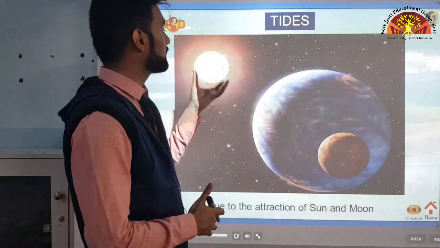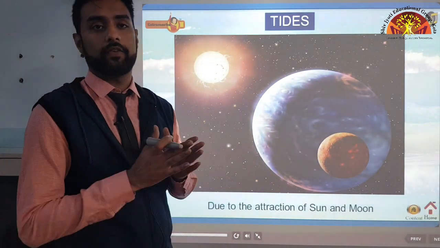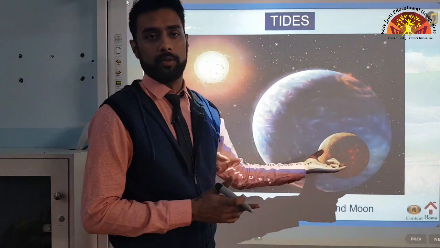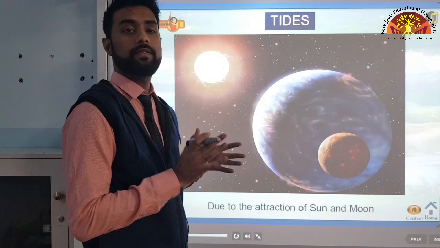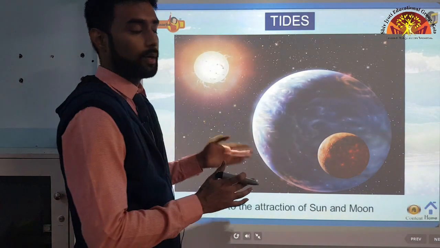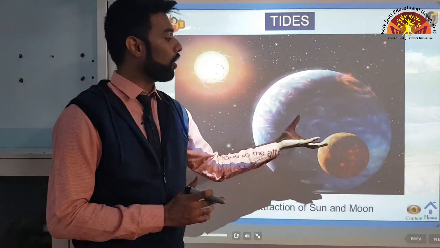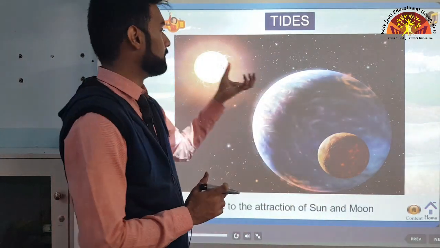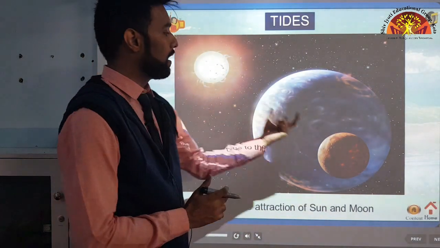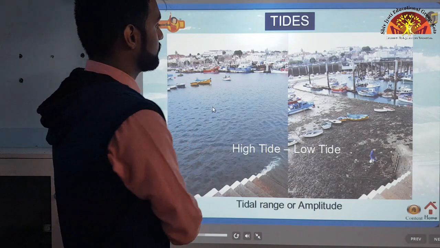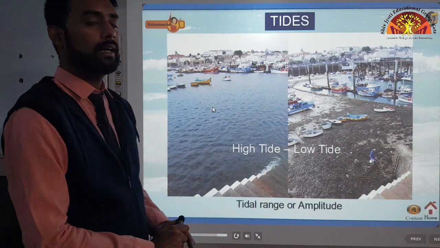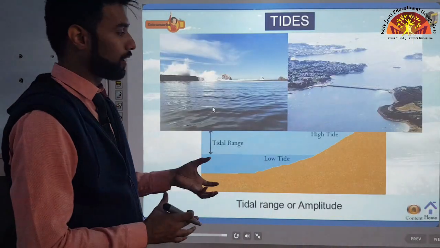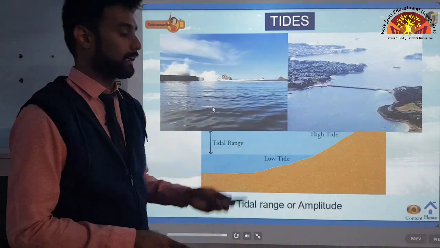Obviously, it is correct. The sun is very, very far away from us as compared to the moon. Because of that distance, the moon's gravitational pull on the earth will be greater as compared to the sun, because the sun is far and the moon is near. As you can see, there is a picture of high tide and low tide. Okay, what is high tide? High tide, the moon or the sun attracts water, and low tide, they give it back.